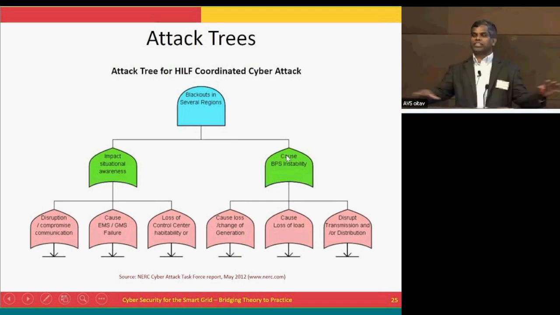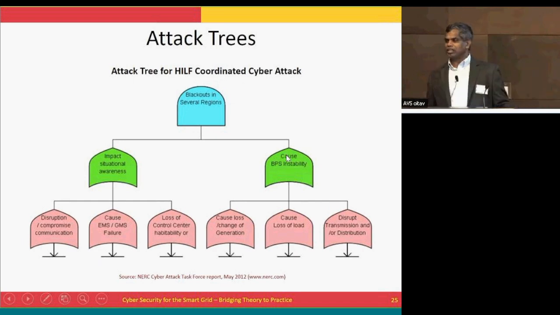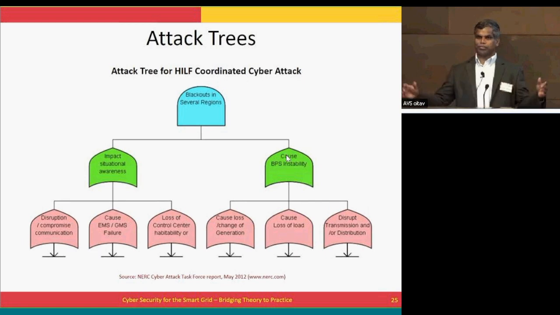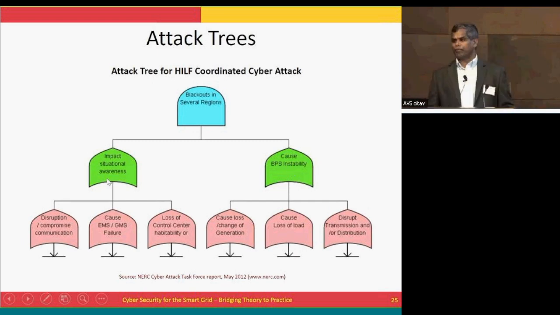Simply saying there is an information blackout, but there is no change in the grid and the grid is, let us say, in a stable state, then there is no impact, no blackout. You may not see the information, but it doesn't affect the system operation, and things may be fine. But the problem is the system is not stable. Things are constantly changing: generation goes up and down, lines go down, and so on. So there has to be a bulk power system instability coupled with information blackout or information loss. That is what will cause a blackout in one or more regions, not either one of them. That's why this AND gate comes in.